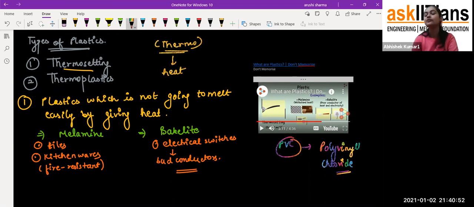Now coming to another type of plastic, that is the thermoplastic. Students, you can relate to the word itself, you don't have to go deeper. Thermosetting means once it has been set, even if you give it some temperature, it is not going to be removed. But thermoplastic means if you give it some temperature, you can melt it and remold it into another shape. We can take the example of plastic bottles. We get different shapes of plastic bottles and different shapes of polythene bags.